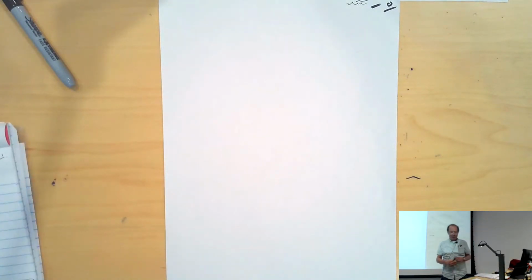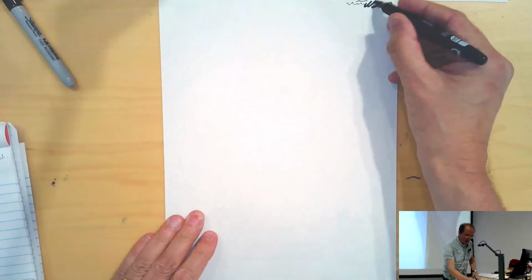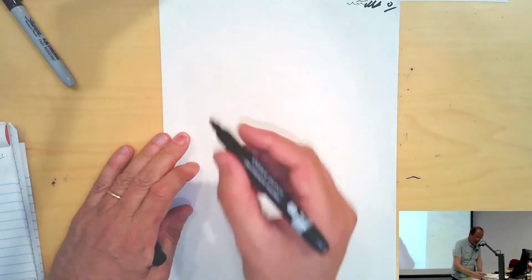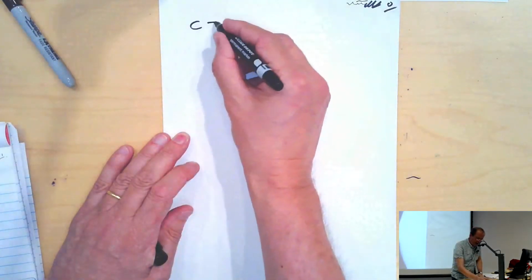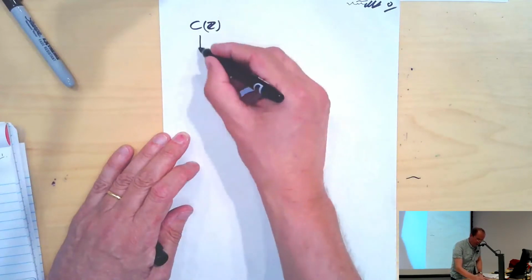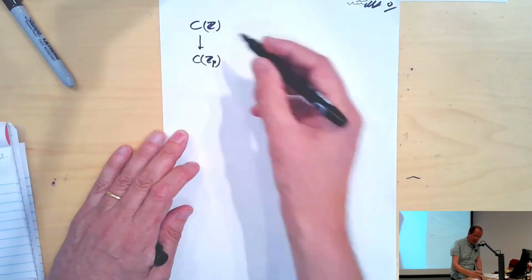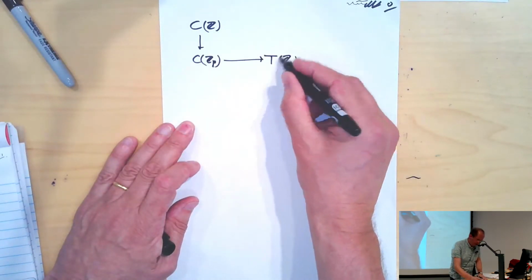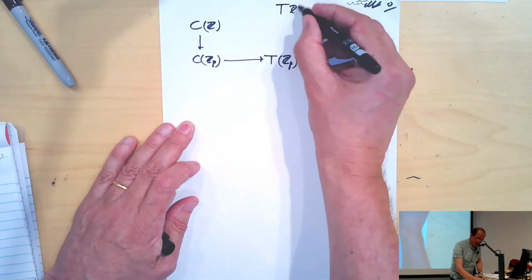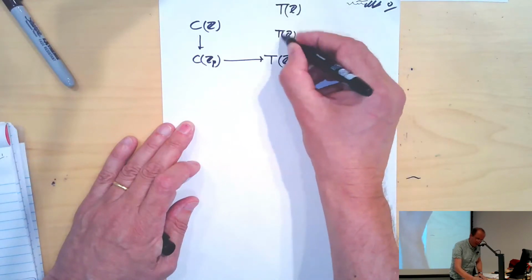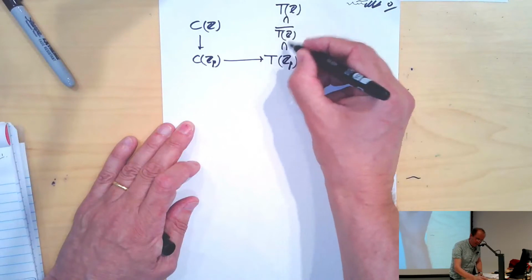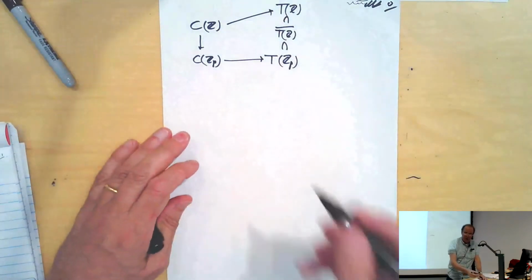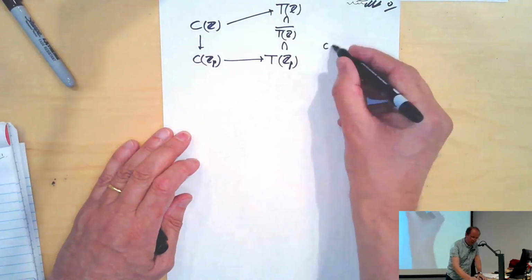So I should start by saying that I lied a bit to you. At the end of my first lecture, there was this diagram, C of Z to C of Z_P, going to this T of Z_P. And here I had the T of Z and the closure of T of Z. And this C here, well, what did this rely on? This came from